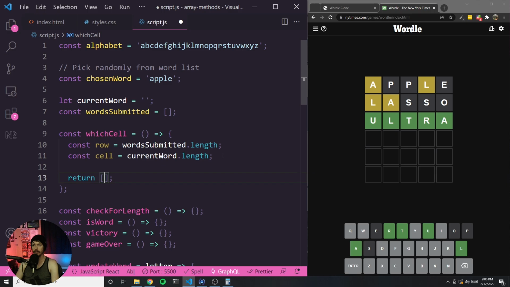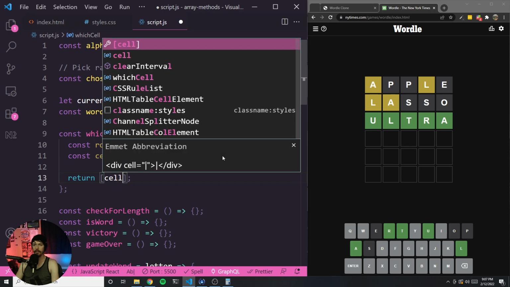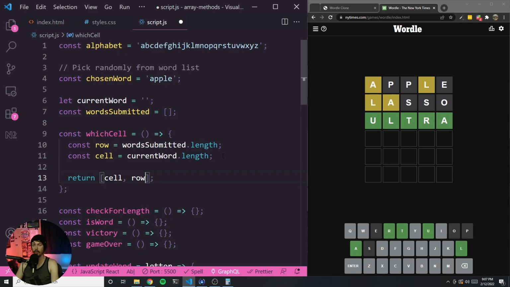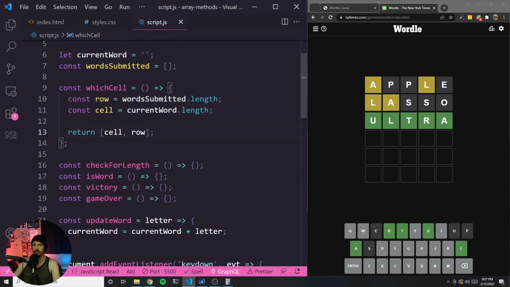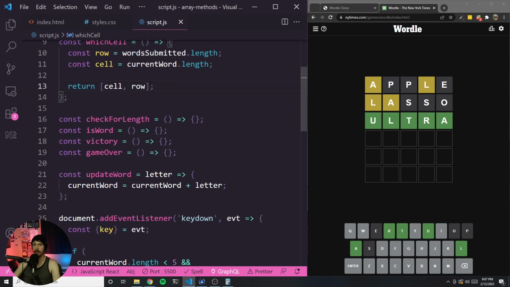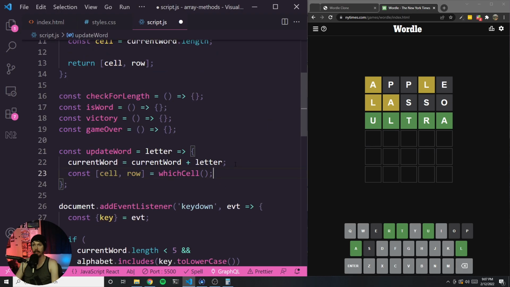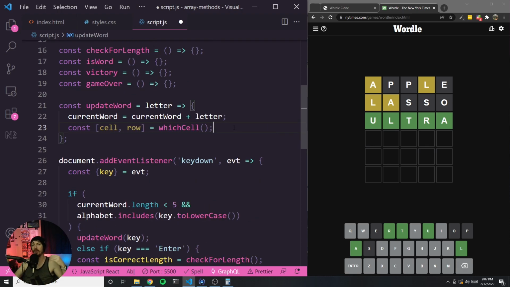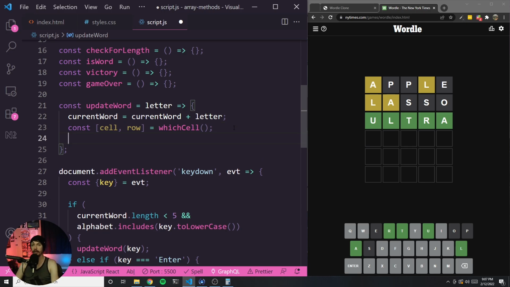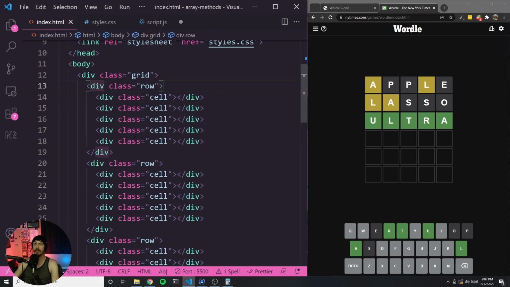So X will be the cell and row will be the Y value. All right. So when we call which cell, we can destructure these out. Okay, so now we know which cell and which row to add the letter to. We can do that by, I think the easiest way is going to be just to do something like this,